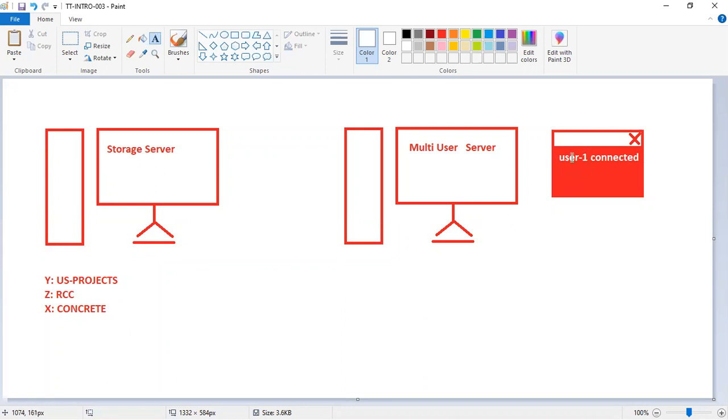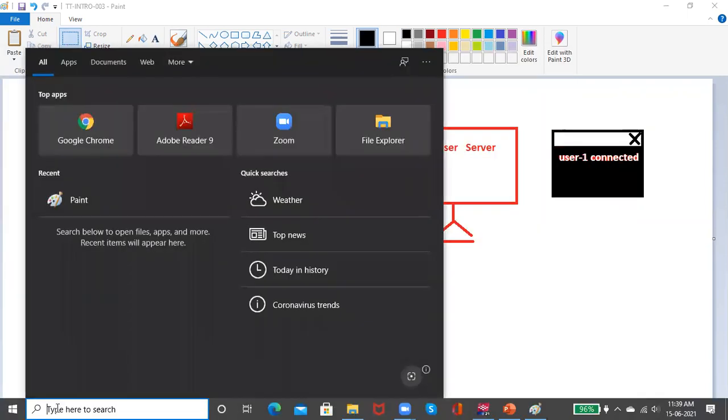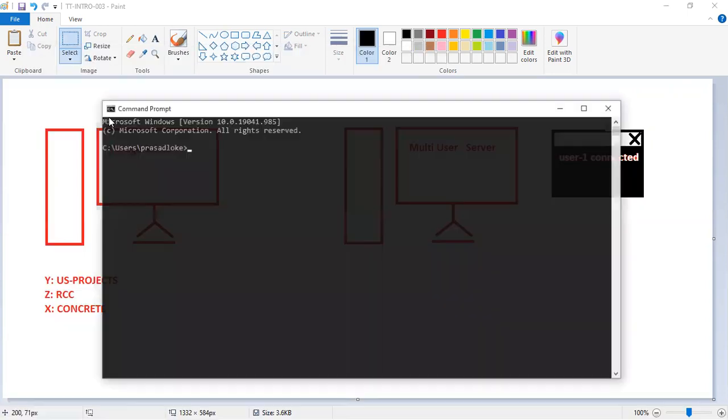Some codes will be running, some lines will be running. It will be black. So this kind of window will be there. If I can show you here, this is what it will look like.